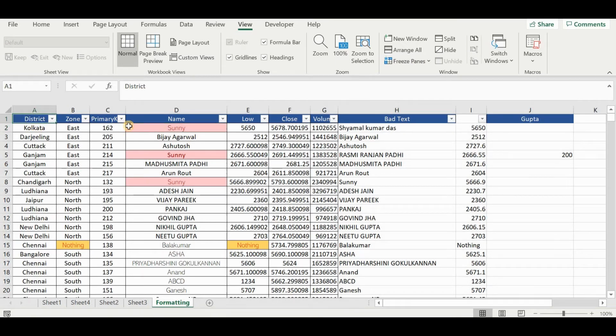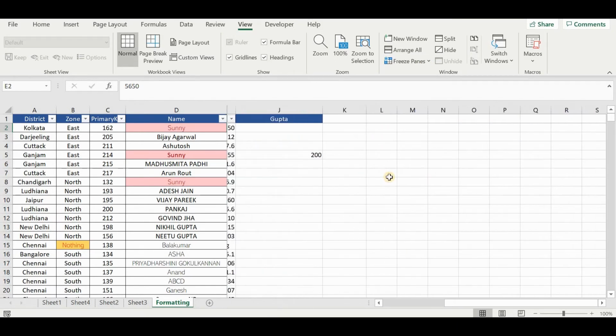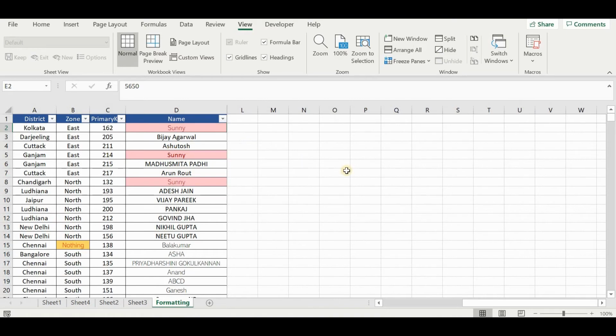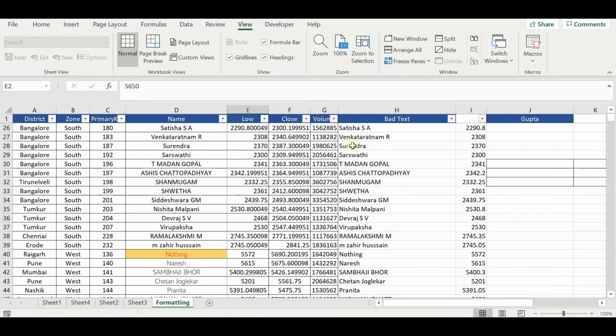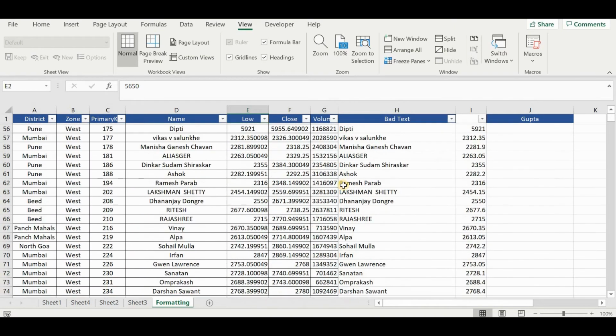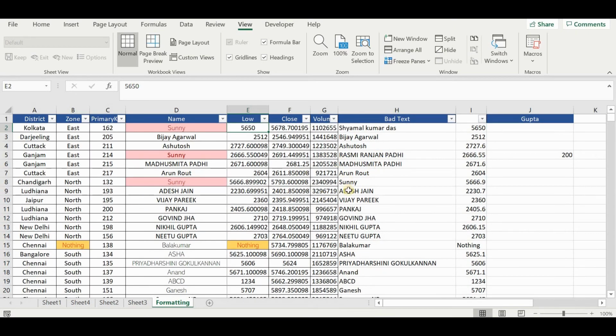Suppose you want to see all these 4 columns, and these should be movable. So you come and click here. Your cell becomes very important when you click here and then click on freeze panes. Now when you scroll right, see these are constant, and if you go down, then your first row, which is the header, is also constant. So that's it about freeze panes and conditional formatting to highlight duplicate values.